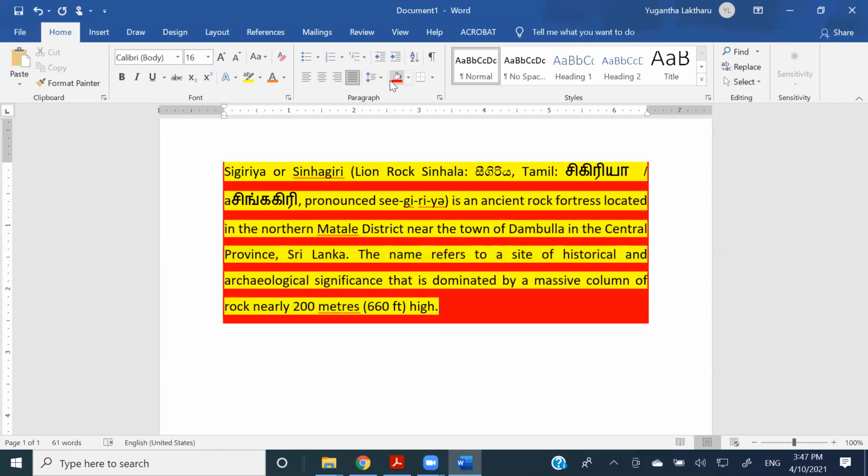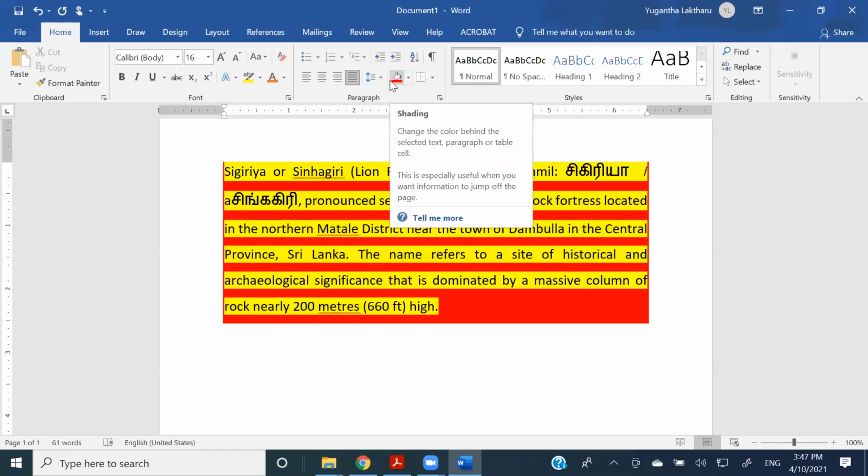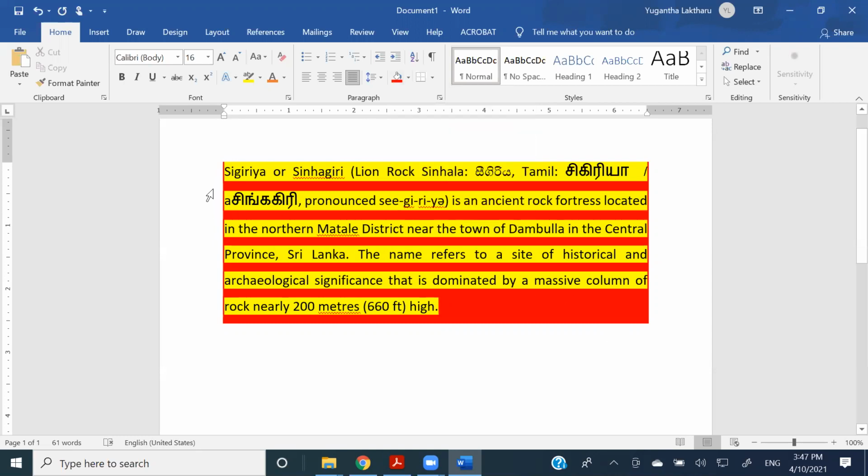Right? So shading works. Right? So shading happens only with the text. I'm sorry, highlighting happens only with the text, but shading happens to the entire paragraph,